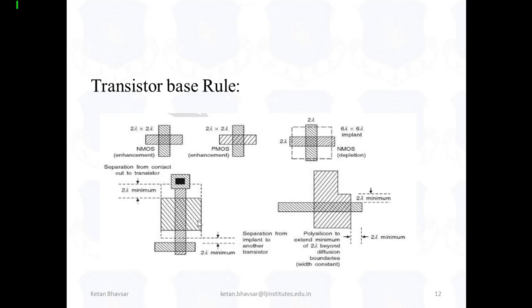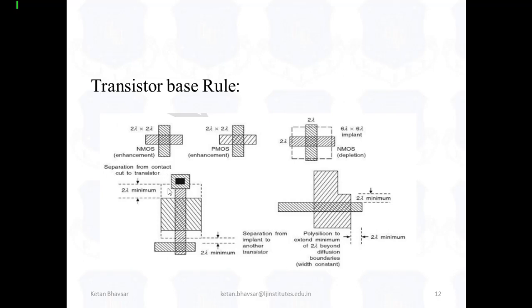Because of that reason, there is still lots of R&D work in VLSI technology, because as per Moore's law, as the number of transistors increases, the performance of the chip increases. But to increase the performance of the chip, we have to increase the number of transistors. And how can we increase the transistors? You have to reduce the size, and you have to follow such rules. Fine, and these are the certain rules that we have to follow when we design a VLSI technology.